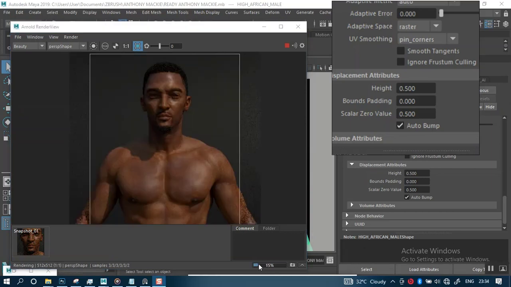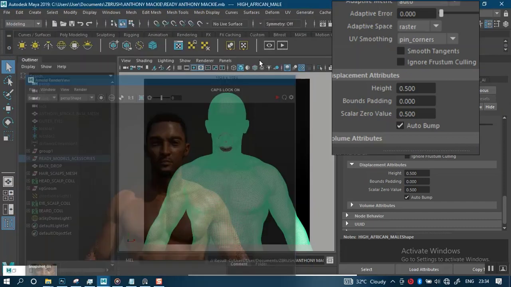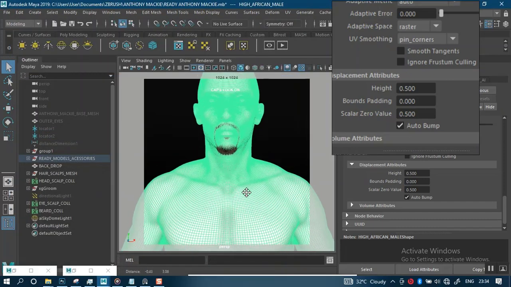Okay, I've just rendered out only 15%. I think this will be fine. This looks fine. There isn't so much of an issue in here that we can fix. I think this should be just fine. So let's do a quick stop for this. Then let me remove this render region. Let's get a closer view